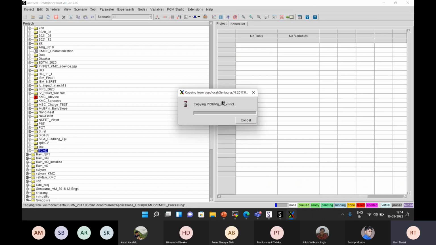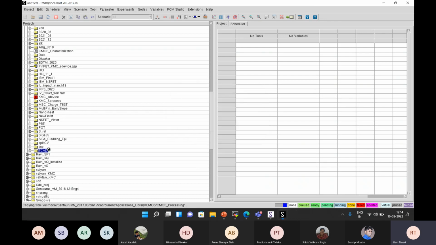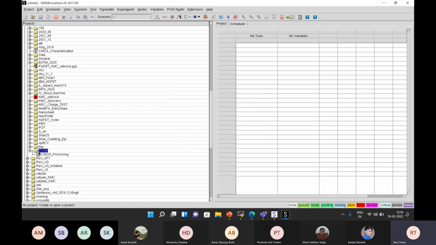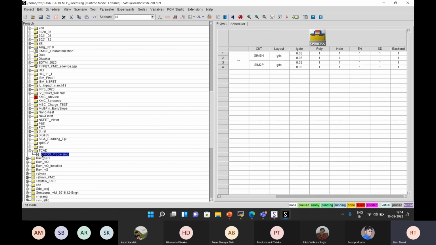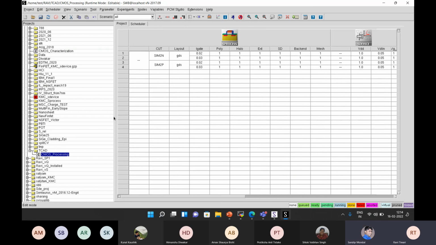It says copying from the application library to the TCAD directory. So you see that the CMOS processing example project is now in your directory. And please always copy and paste it into your directory. Don't run anything in the example directory, because that's the reference that anybody can take and run. If you run it there, you might mess up the